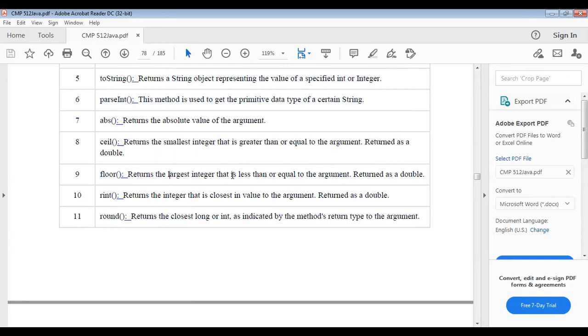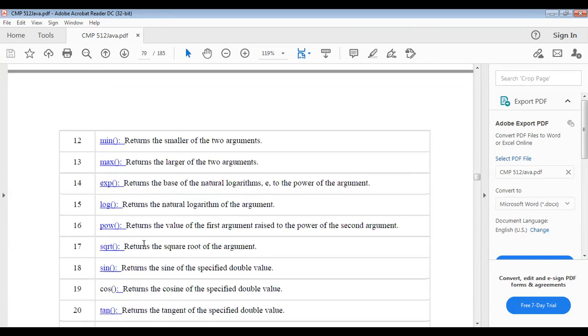Floor is the same as ceil, but here we see the largest integer, whereas in ceil we see the smallest integer. rint is mainly used to return the integer closest to the argument value, returned as a double. Round returns the closest long or int, as indicated by the method's return type of the argument.